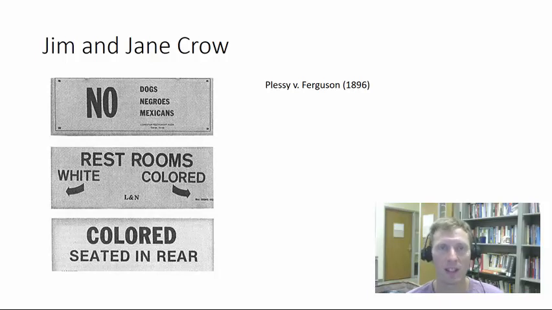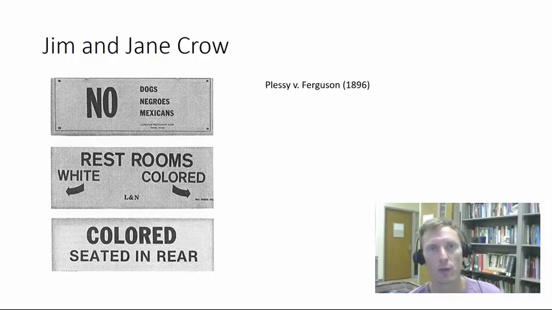The point is not to keep whites and non-whites completely separate. The goal is that you want African Americans, you want to sell goods to them, you want them to work for you, maybe you want them to come into your home and raise your children, especially if they're African American women, but you don't want them at your swimming pools, your public libraries, your church, you don't want them living in your town.